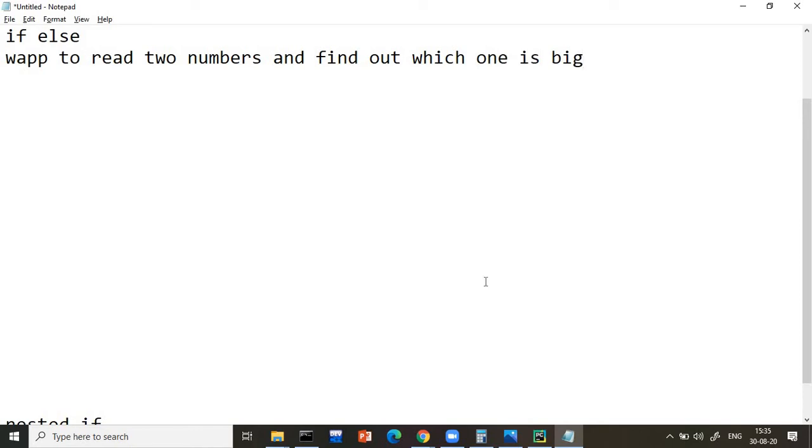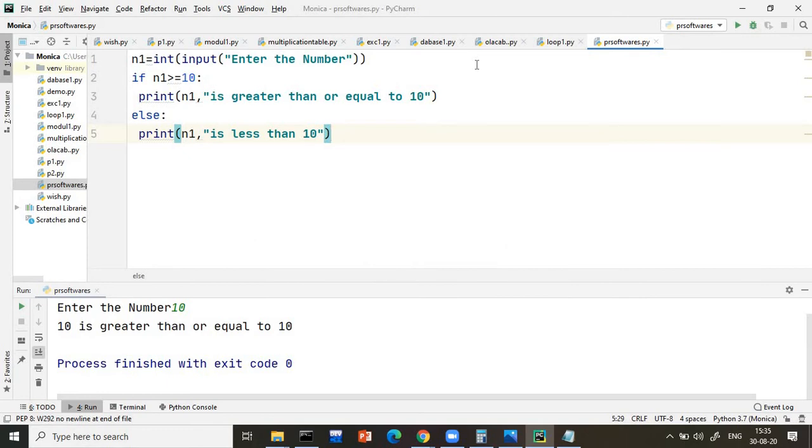Many people do not read the question properly and start coding directly, so they might make mistakes. Here they have mentioned that you have to read only two numbers and find the big one, and whichever is big, I want to print that.